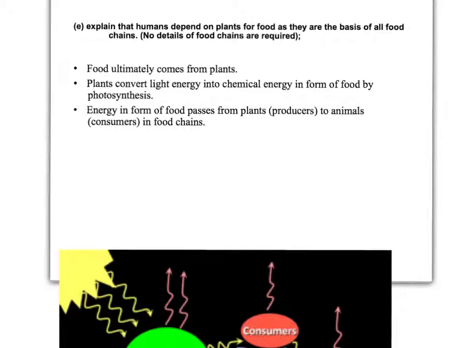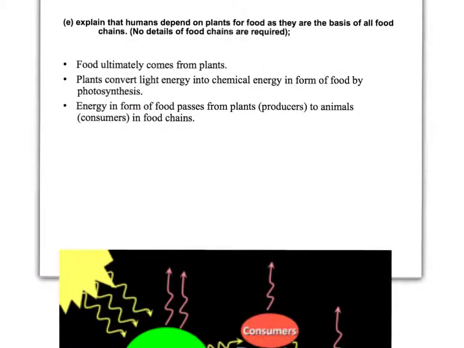Welcome to the screencast on food production and agriculture. Agriculture is providing food for the human population. With a growing human population, there is a need to try to maximize food production. Food is essentially chemical energy, which originally comes from light energy, and light energy is converted to chemical energy